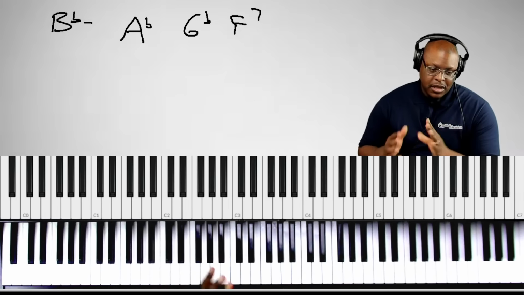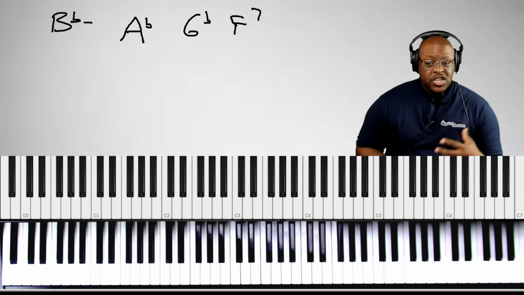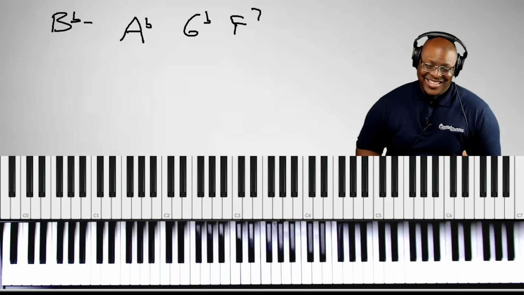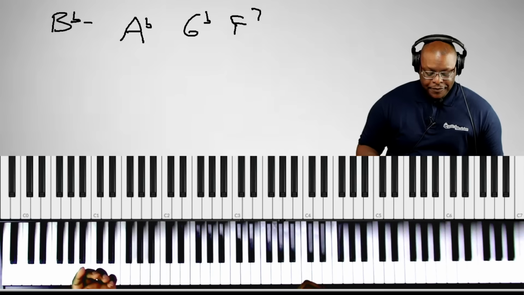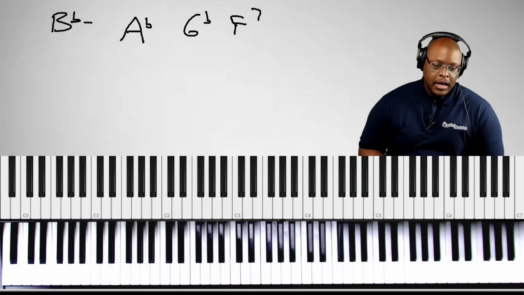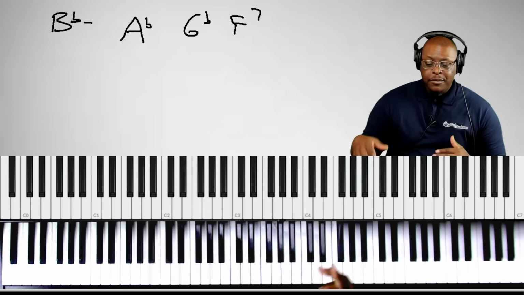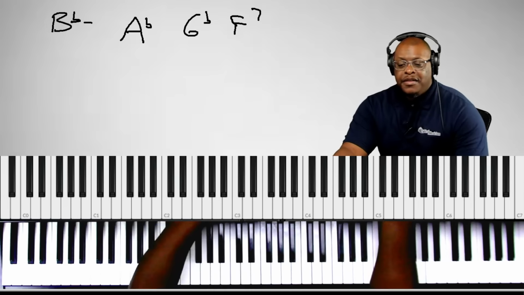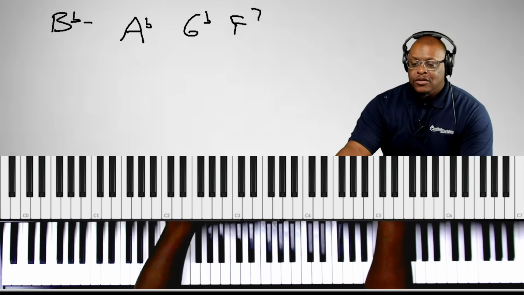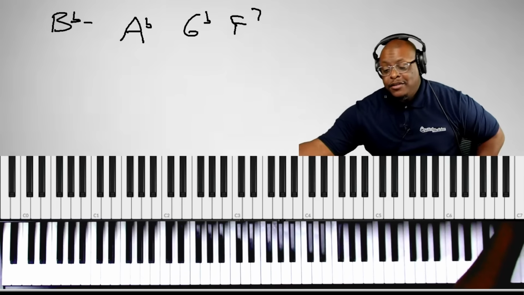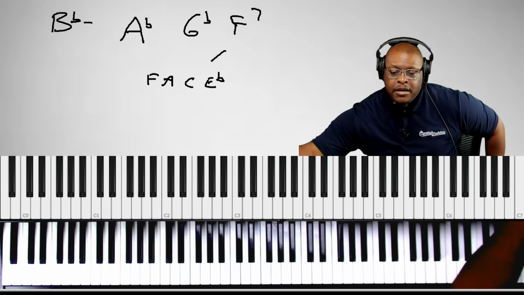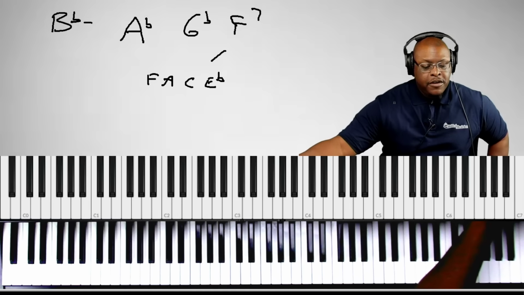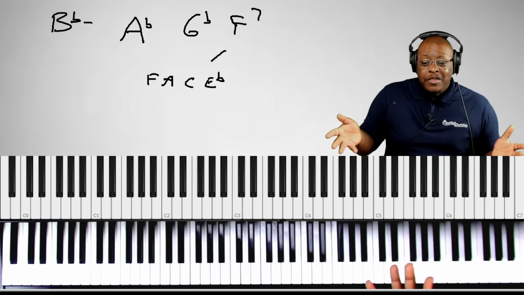But I told you there's two ways I want to talk about inversions. Here's the second way. Changing the root. This is the real idea behind inversions. And I'm just going to focus on the F7 chord. I'm going to do the changing on the F7 chord for now, so it doesn't get too complex. Maybe I might do more. But if we look at the notes of an F7 chord, F7 chord is F, A, C, and E flat, right? And the great thing about inversions is any one of these notes can be on the bottom.